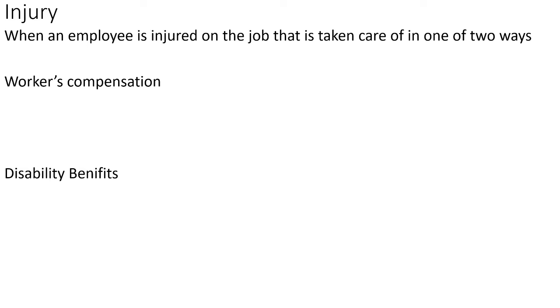So again, just as I was talking about here, when somebody's injured, it's usually dealt with either via workers' compensation or disability. Workers' compensation is usually for short-term injuries that you're going to be healed from after a certain amount of time that you suffered on the job. And disability is usually for longer term things where you might not be able to come back to work or might not be able to work because of an injury you suffered at work. Both of these take effect when you suffer an injury at work, not on your own time, obviously.